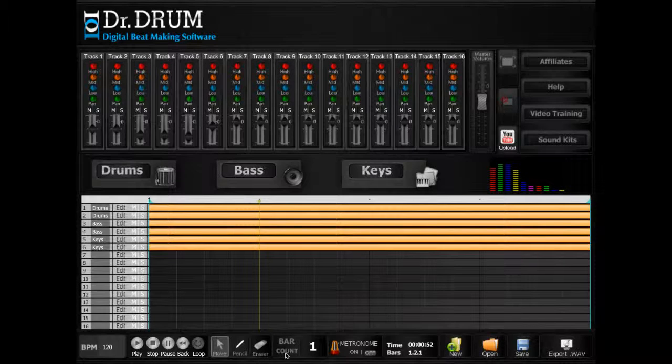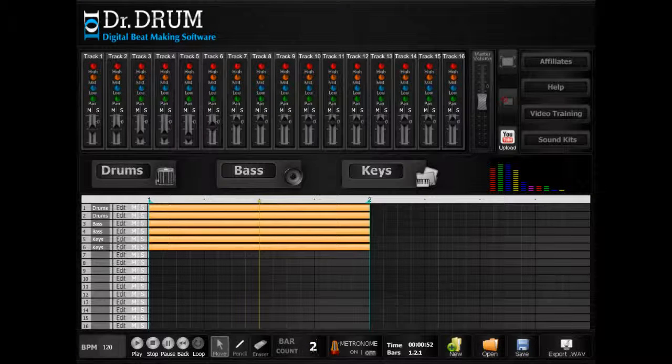In the bottom control bar, you'll notice there is a bar count box. By adjusting the bar count, I can vary the length of my project. If I type the number 2 and hit enter, you'll see my timeline now shows an arrange area for 2 whole bars. You'll notice the beat regions are now half as wide as they were before, but not to worry, the beat regions didn't actually get shorter, the timeline just got longer. As my existing beat regions were only 1 bar long, they were simply scaled in size on the arrange area